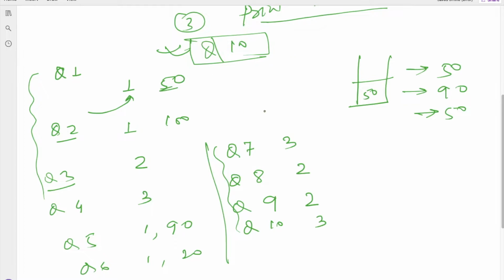So this is the problem. We will be given queries, and with each query we are given an operation, either 1, 2 or 3. If operation 1 is given, then along with it we are given one value which needs to be added in the given stack. If the operation is 2, then we have to simply pop the element. No extra value will be given. If the operation is 3, then we have to print the maximum element from the given stack. So this is the problem.